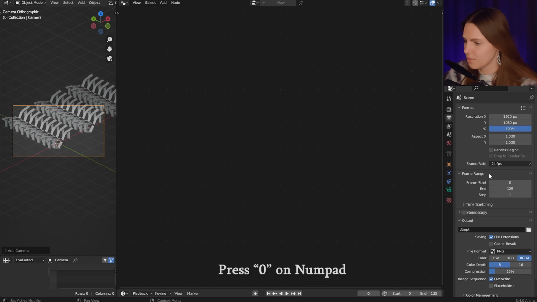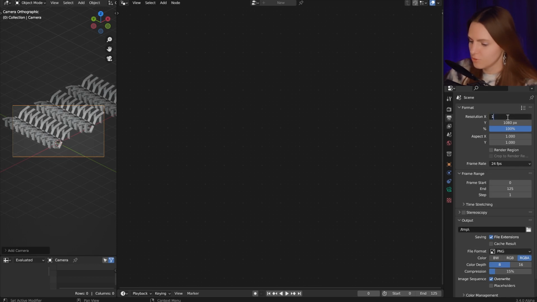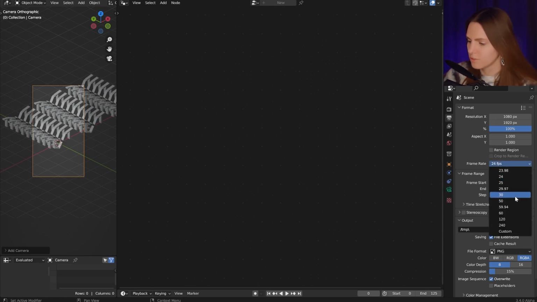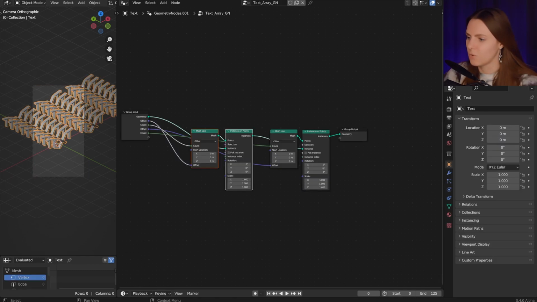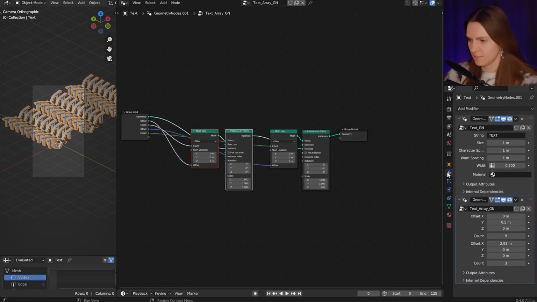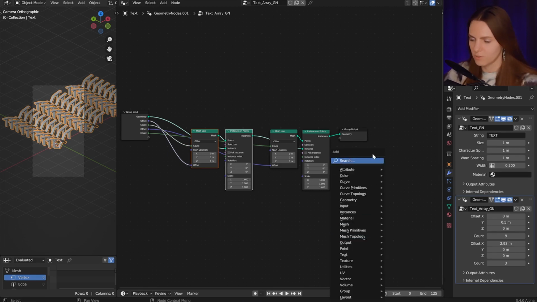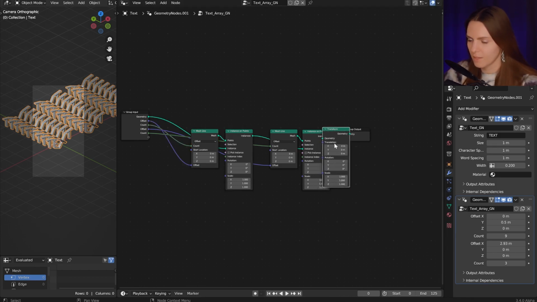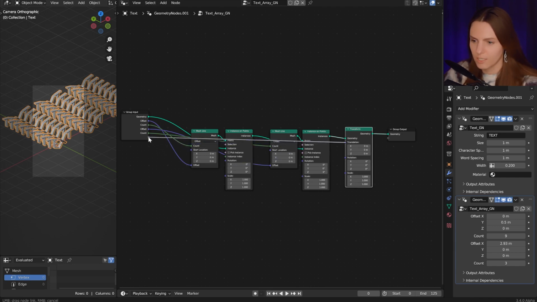Here we can change resolution to these to make vertical camera, and let's also change frame rate to 30. Now let's position our text. To do this, let's add a transform node, transform, and let's connect translation here,